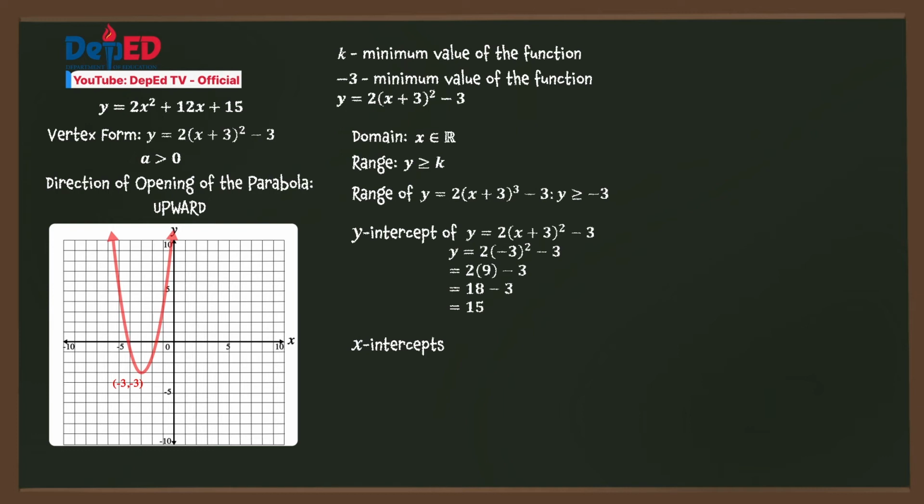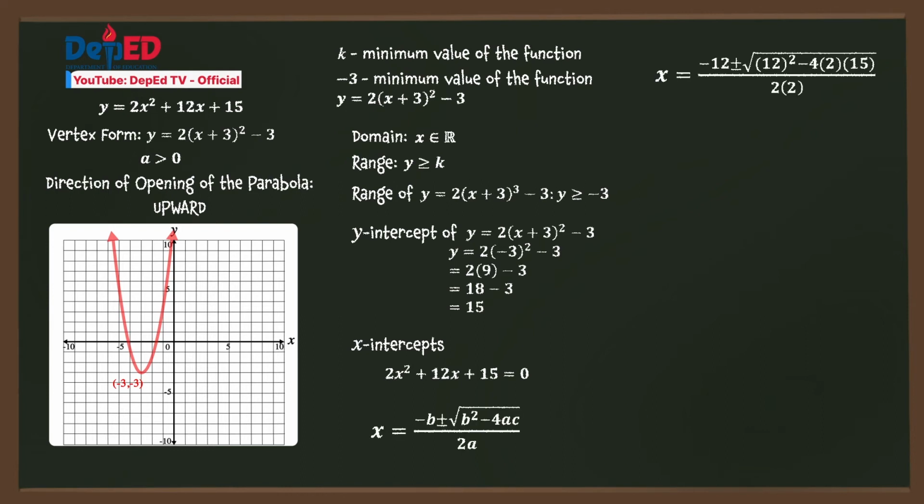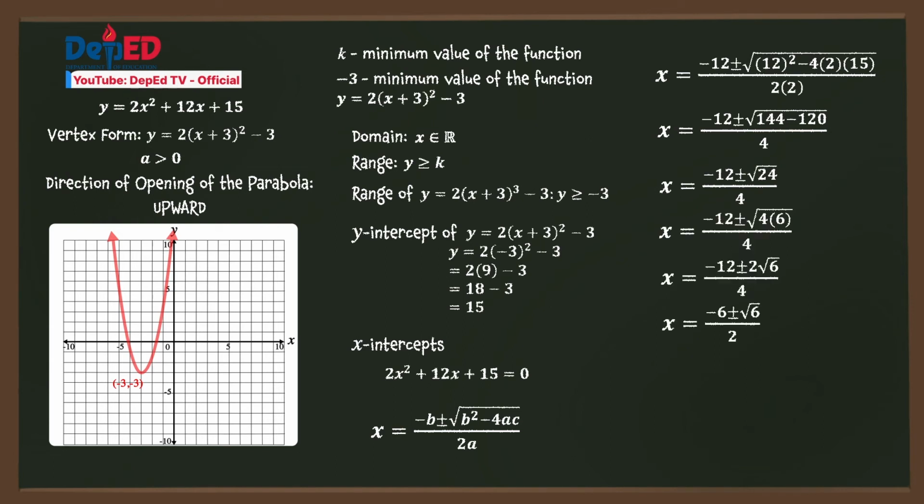We may use the general form of the function. Hence, we have to solve the equation 2x squared plus 12x plus 15 equals 0. Let's use the quadratic formula. See the computation. In radical form,